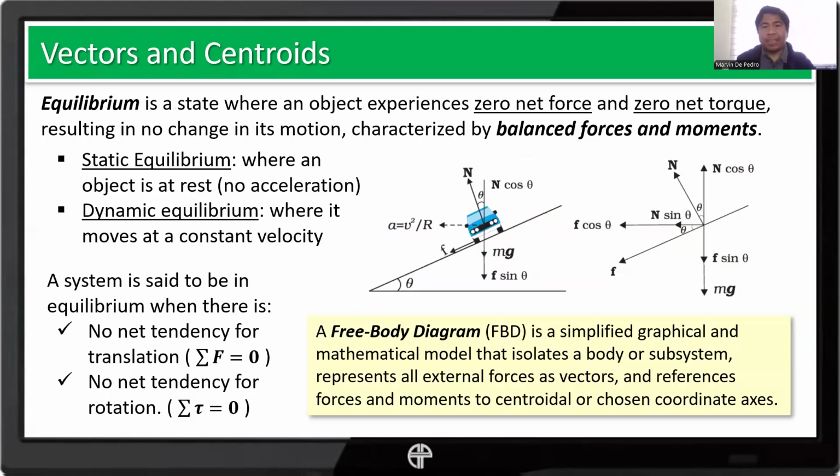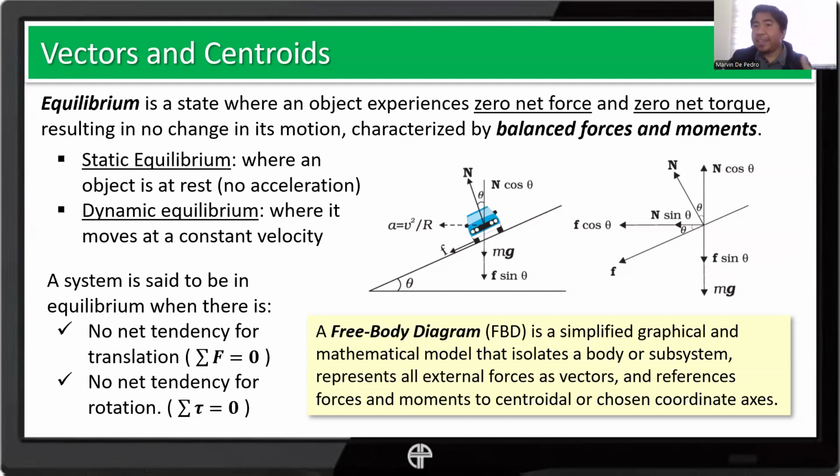Right. And lastly, we have the concept of equilibrium. Before we study the statics and dynamics of a rigid body, we have to understand what equilibrium is all about. It's basically a state where an object experiences zero net force and zero net torque, resulting in no change in its motion, characterized by balanced forces and moments. So we can only achieve equilibrium, or the stability of an object in space, when the forces and the moments are balanced. Okay, meaning it does not move